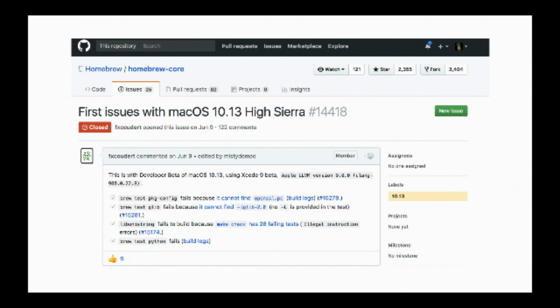is, you'll see the ticket, macOS 10.13 is the latest release of macOS. And this was a ticket trying to collect issues that came from the latest release. These are some snapshots, but this is the actual full ticket as of the time I collected this snapshot, which was this morning. With 122 comments, and there's just tons and tons of build errors because Apple shuffled a few things around and decided